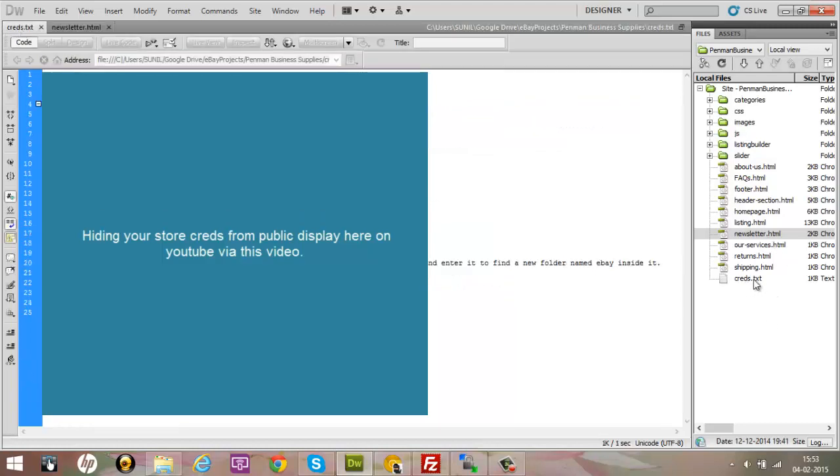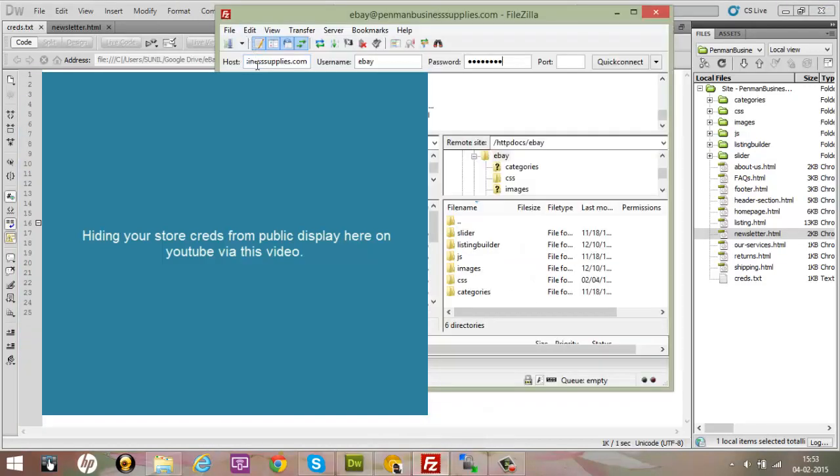To log into your remote hosting, you need to use the following credentials. I have got a creds.txt file created inside of your project directory, so you can see the FTP credentials inside of this file. You have got the host name as PenmanBusinessSupplies, which you will put in the host field here, and then the username called eBay, which needs to be put in here, and then your password in the password section,